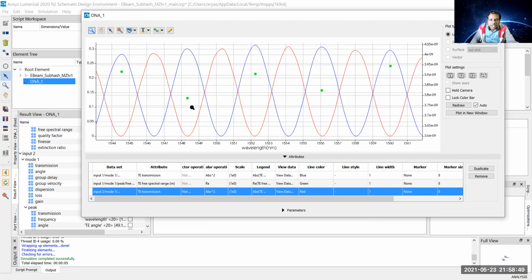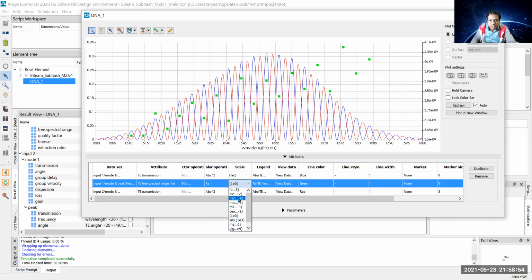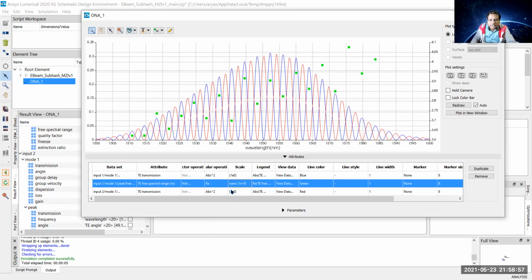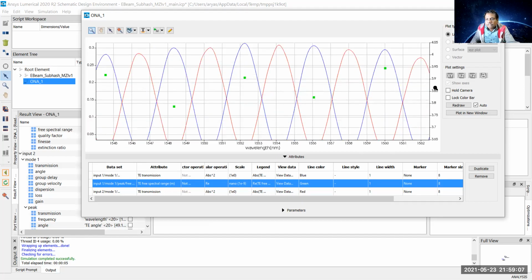And as far as FSR is concerned, I change the unit to nanometer. So we can see the spectral range at this site. Near 1550, the value should be around 3.85 nanometer. So let us calculate theoretically the value of this FSR, whether it is coming in the range. The formula is FSR equals lambda naught squared divided by Ng times delta L, where lambda naught is 1550 nanometer.